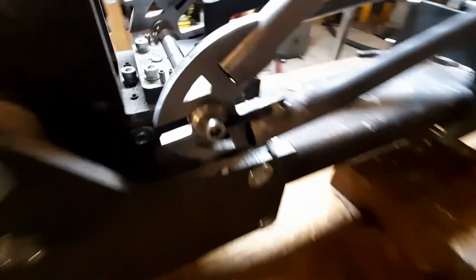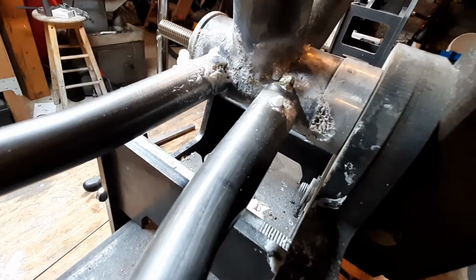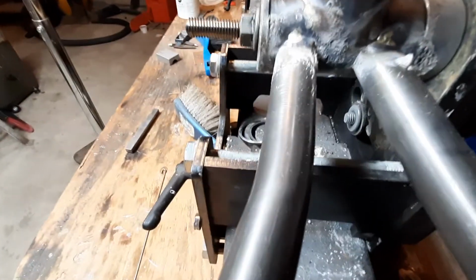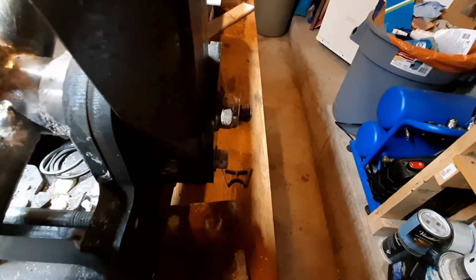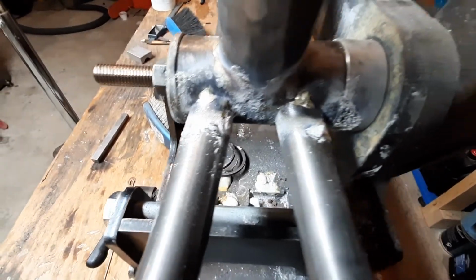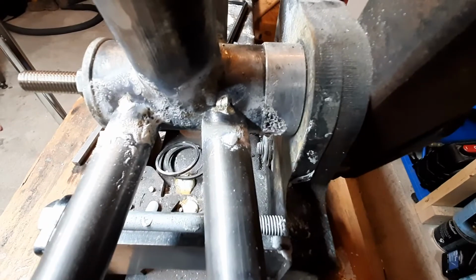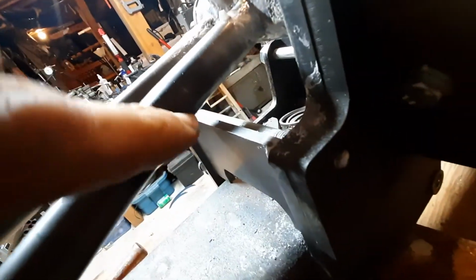Tack the dropouts, tack it to the bottom bracket so the chain stays. Here and here. Then that moved like 2 mils, so I might have to grind that tack and shift it back over by a bit. So I don't know if you can see it, but the flux is in the way. But it shifted. That's not great. It will give me great clearance for my chainring and my dimple right there. But